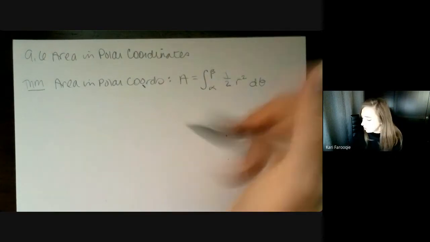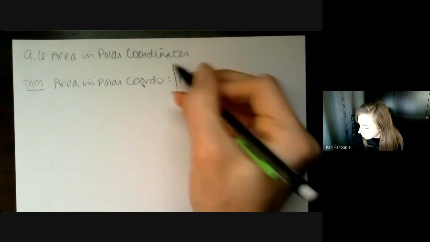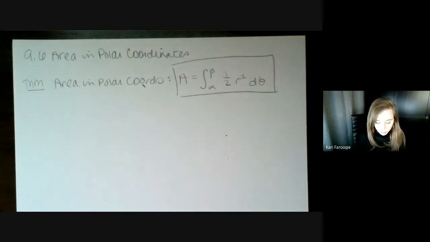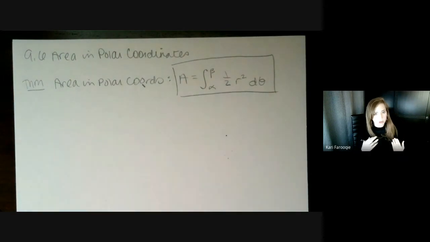So this is the formula we're going to be using when we're talking about finding area regions. I'm going to start out just by building this slowly. First, we're just going to find the area of a simple polar region. And then we'll talk about finding the area of a region that has more parts to it, maybe isolating one part or two. Then we're going to talk about finding areas in between different parts of figures.